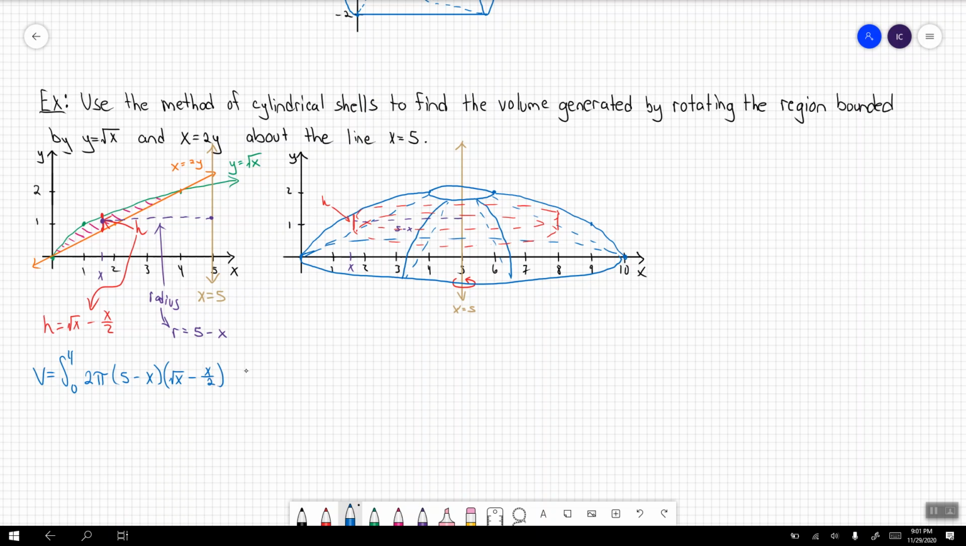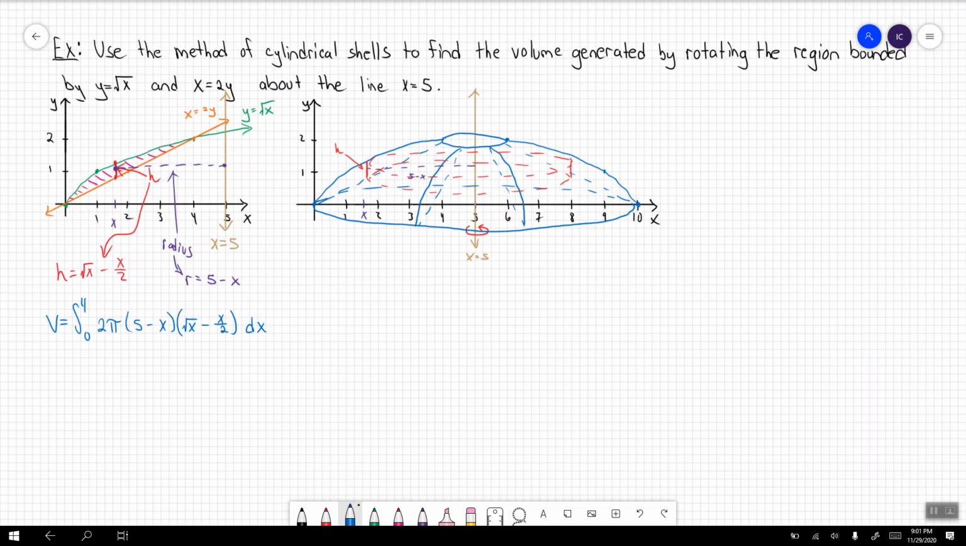I need the thickness for the shells, and that's going to be dx. So these cylindrical shells are then being integrated from 0 to 4, and we're about to find out what they're going to be. Again, 2 pi, that's a constant. We integrate from 0 to 4. This is going to be 5 minus x multiplied by x to the power of 1/2 minus, let's say, 1/2